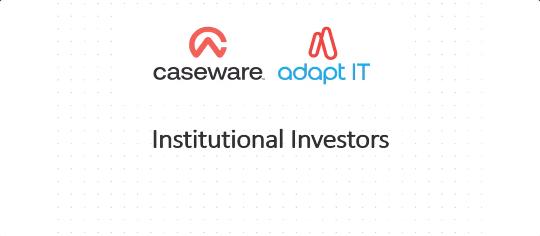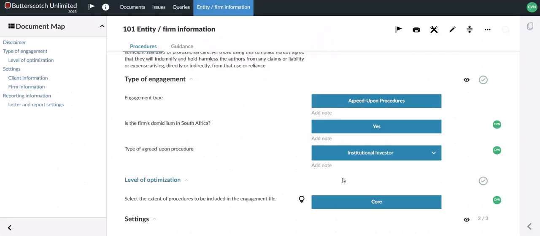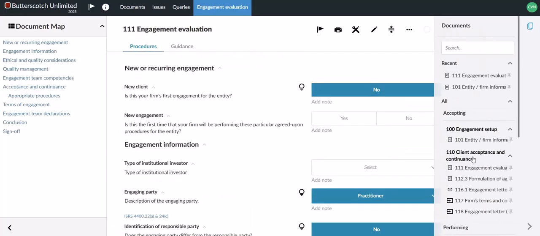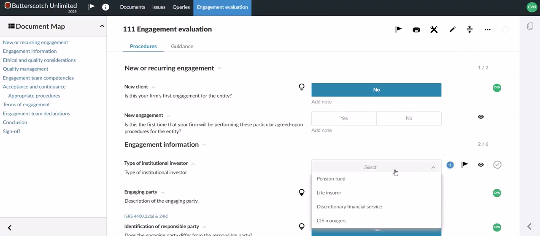After selecting Institutional Investor in Document 101 Entity Firm Information, you can navigate to 111 Engagement Evaluation. You have the following options to select type of institutional investor: pension fund, life insurer, discretionary finance service, and CIS